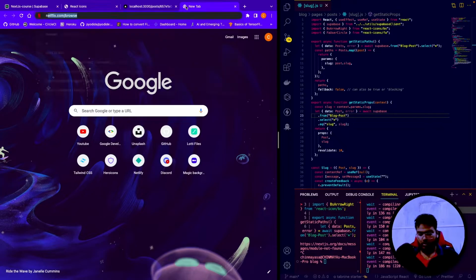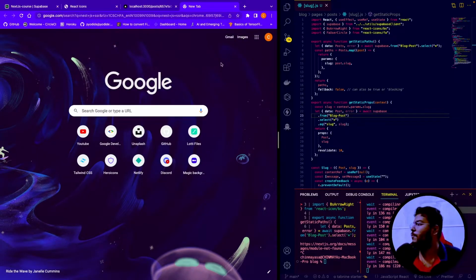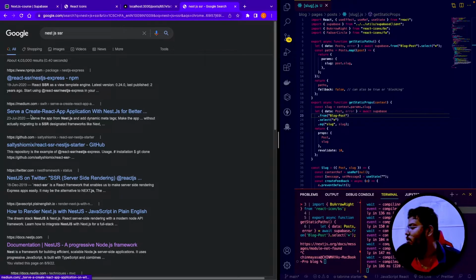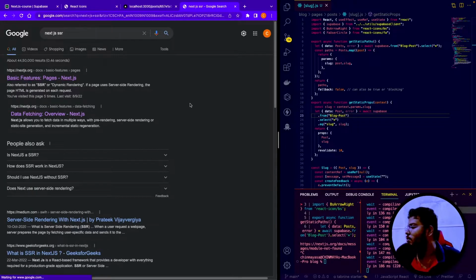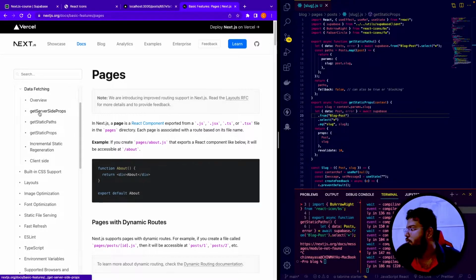Okay, it will be Next.js SSR. Hit enter, and let's open up Next.js, not nest. Open this thing, data fetching, click on the getServerSideProps,